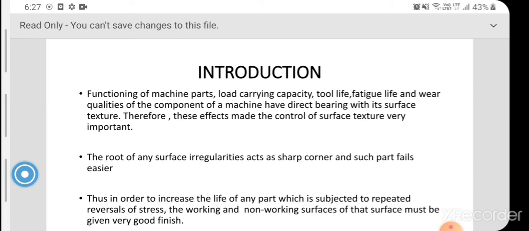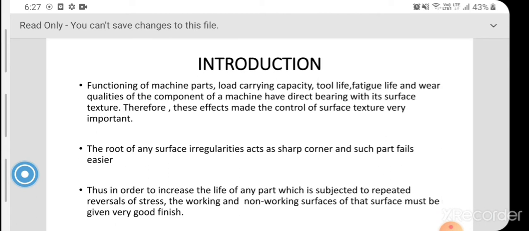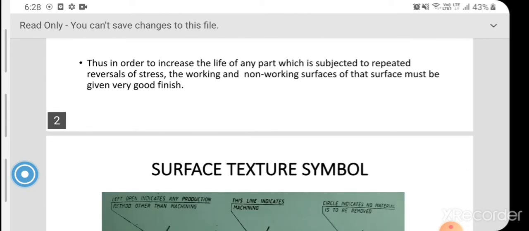And the surfaces of some machined parts are subjected to stress reversals. They should be finished so as to have no sharp corners. Thus, the important functional requirements depend on the quality of surface finishing. So, the designer should choose a particular type of surface texture, since the quality of surface satisfies the performance of parts or machines, and indicates the same on the drawing by symbols.